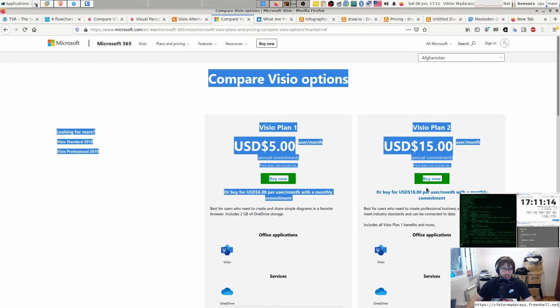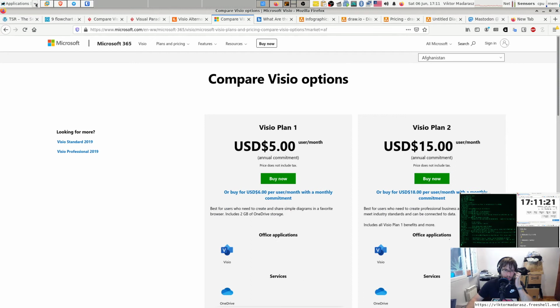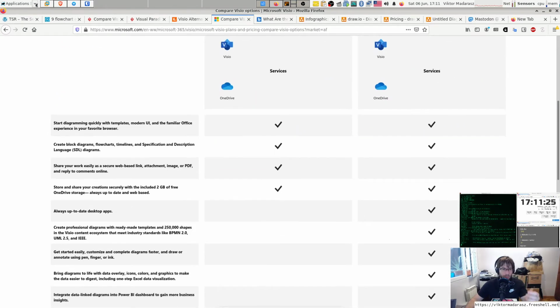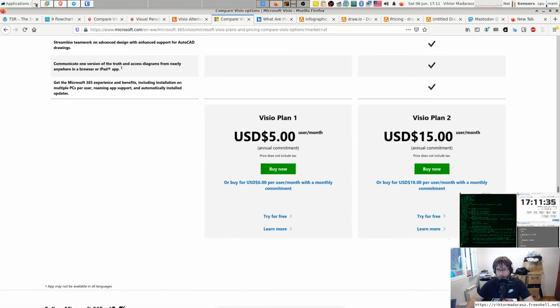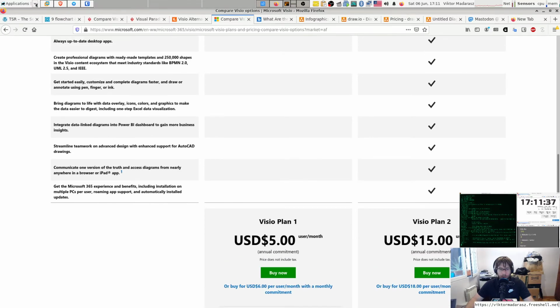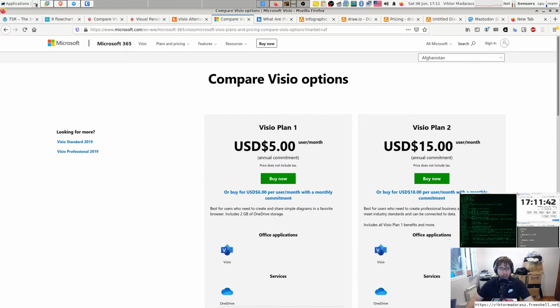And that's one of the reasons why Microsoft Visio Online itself is not an alternative for me, because as always, you can have a look, the online versions of Microsoft tools are never as powerful as the desktop versions, and again, we are talking about a monthly commitment,